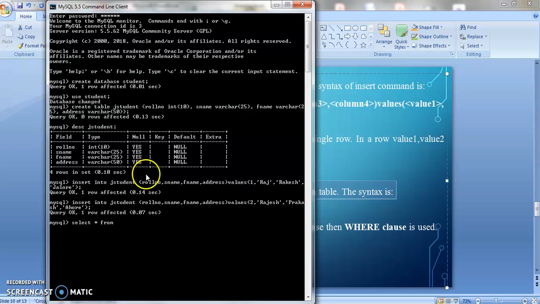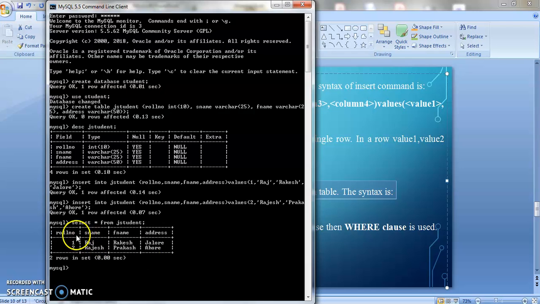The table name is JStudent. And then semicolon. See, our values are displaying: roll number 1, student name Raj, father name Rakesh, Jalore. Second is roll number 2, Rajesh, Prakash, and Aho.